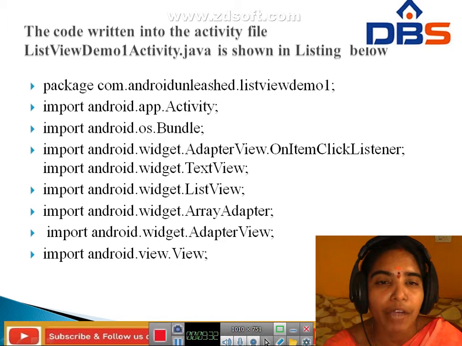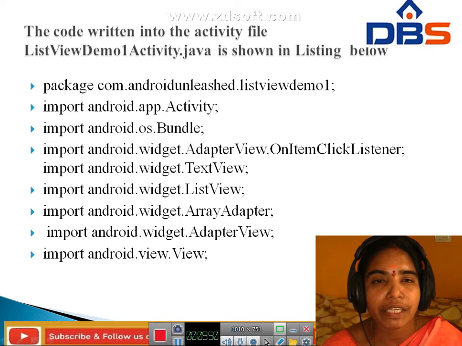Next, import android.widget.TextView, android.widget.ListView, android.widget.ArrayAdapter, android.widget.AdapterView, and android.view.View. This is the code written in the activity file for list view in Java.